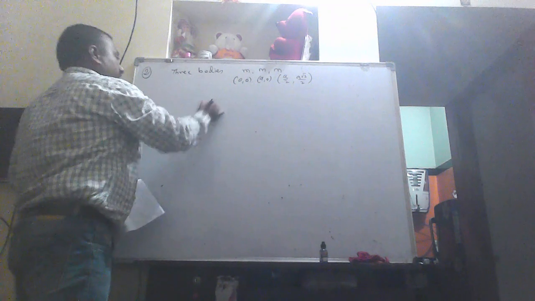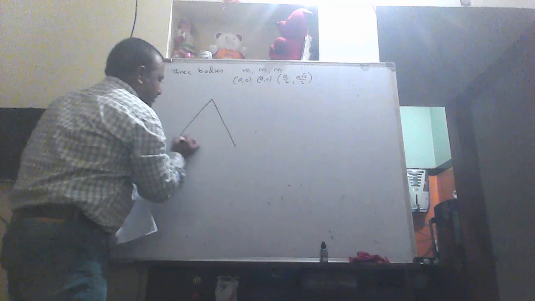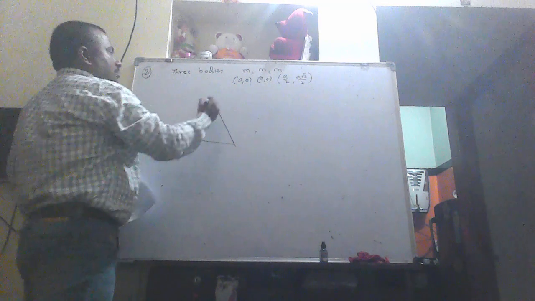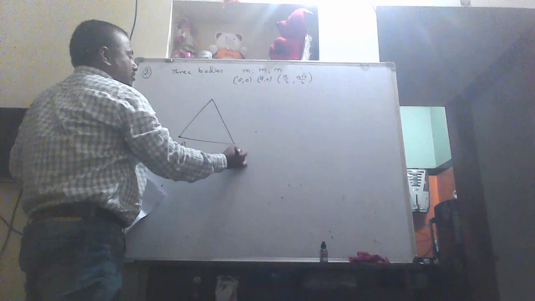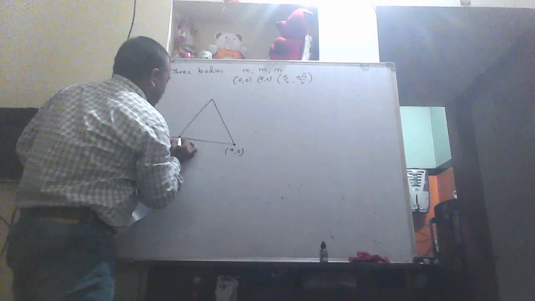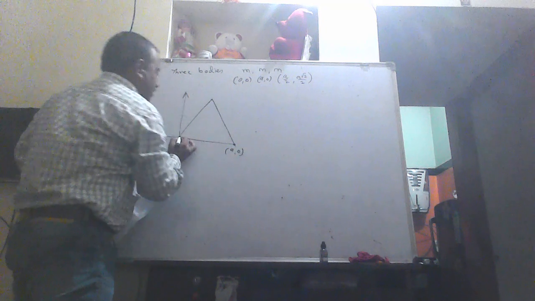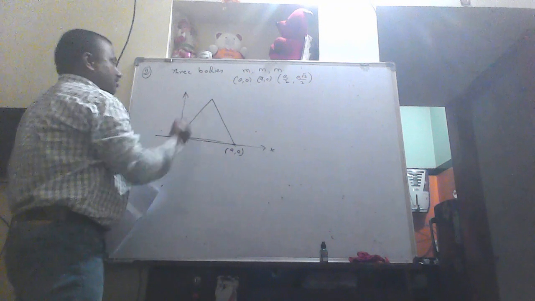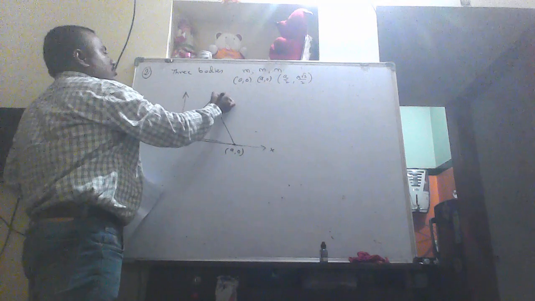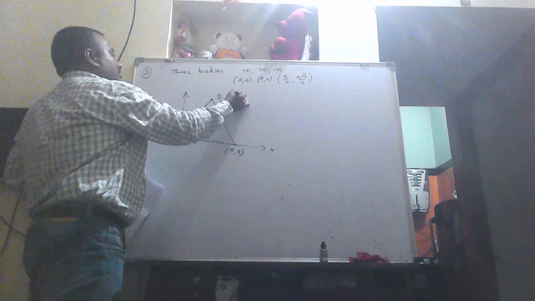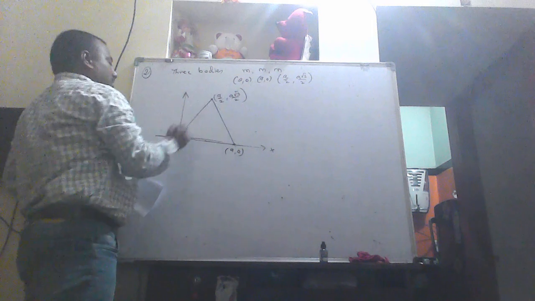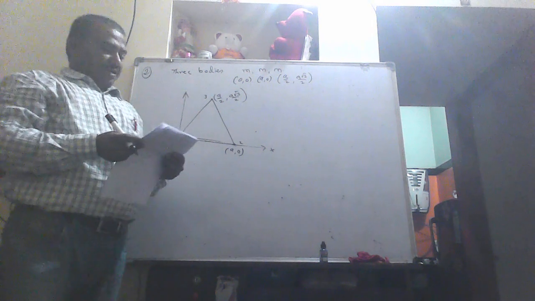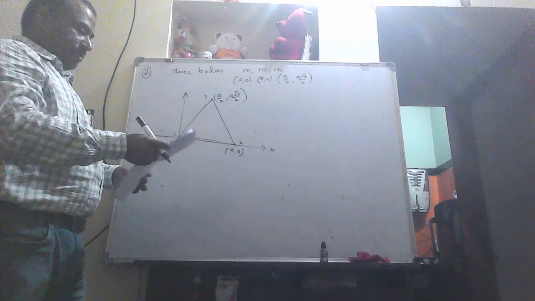They have given the figure like this. This has origin 0, 0. So this has a, 0. So I take this as the coordinate system. So I take this as the y coordinate, and this has the x. So the y coordinate is 0. This is the x coordinate. This is the plane. These coordinates are a by 2, a root 3 by 2. You have to calculate the center of mass.